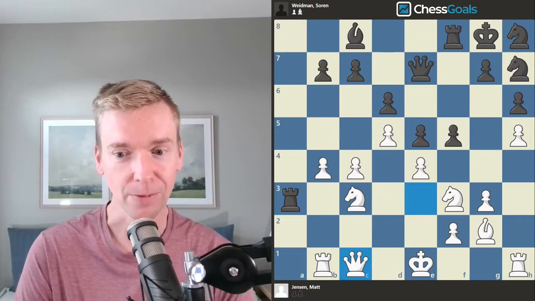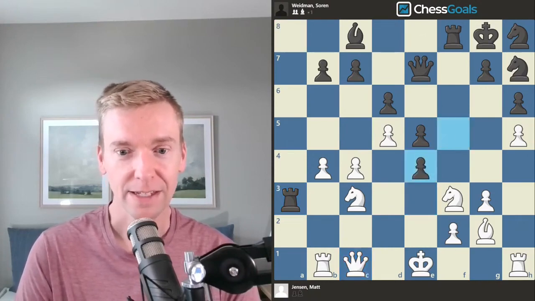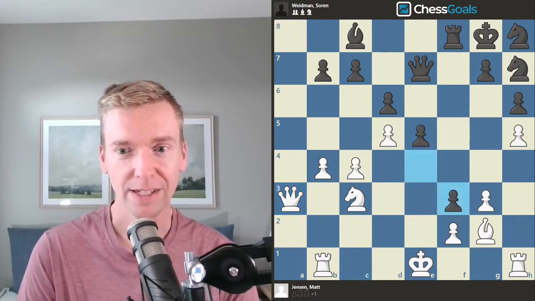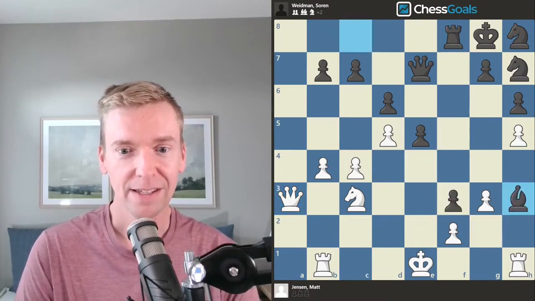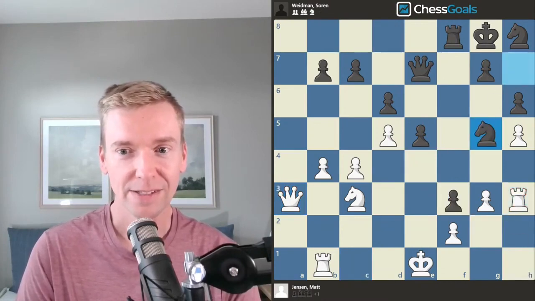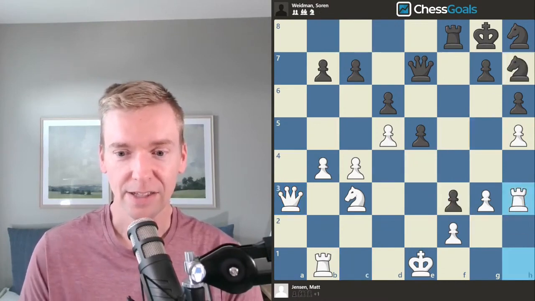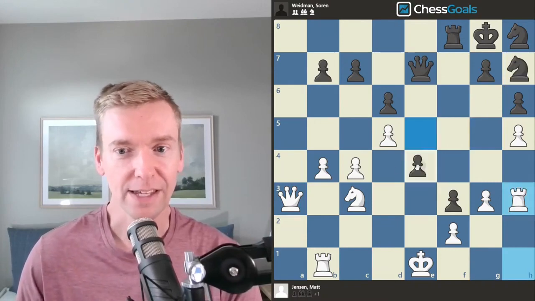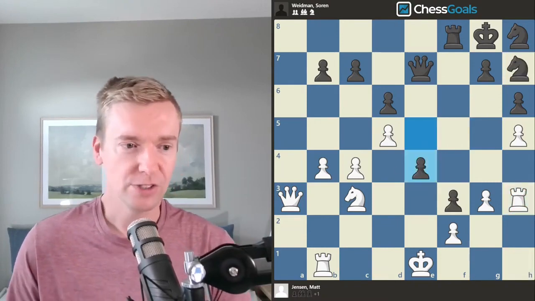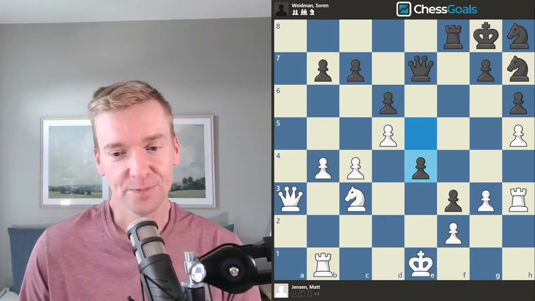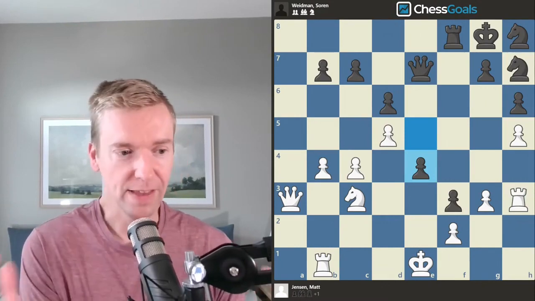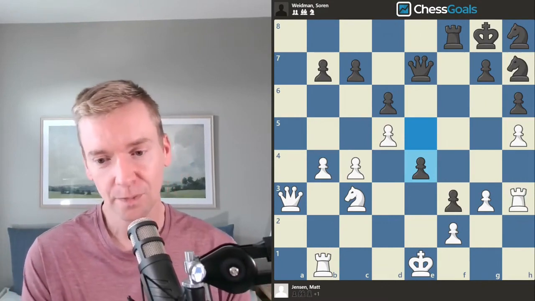So I play queen c1, takes on e4, I grab the rook, he takes on f3. This trade happens. And now at this point, he should go pawn to e4. And this position is just terrible. I was able to pull off the win in the endgame when the clocks got low, but that's kind of